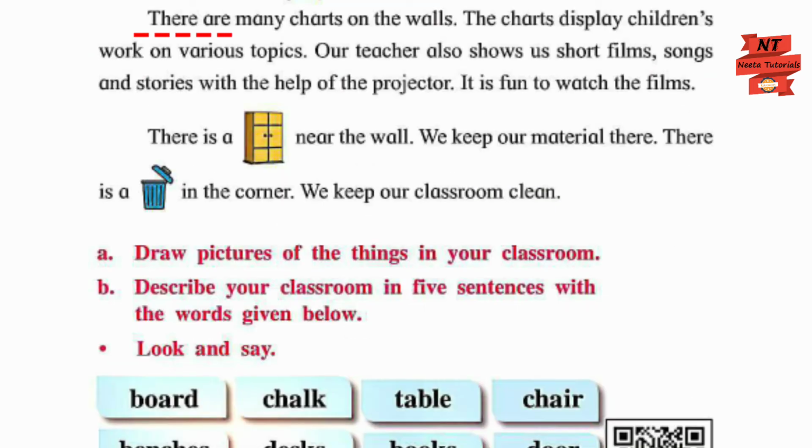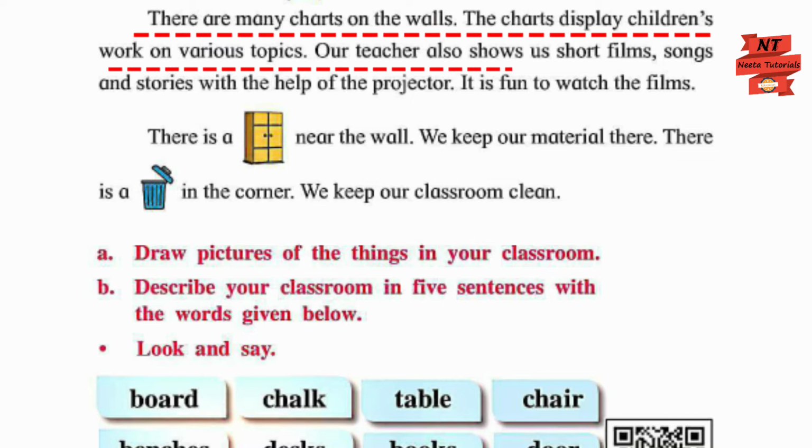There are many charts on the walls. The charts display children's work on various topics. Our teacher also shows us short films, songs, and stories with the help of the projector.